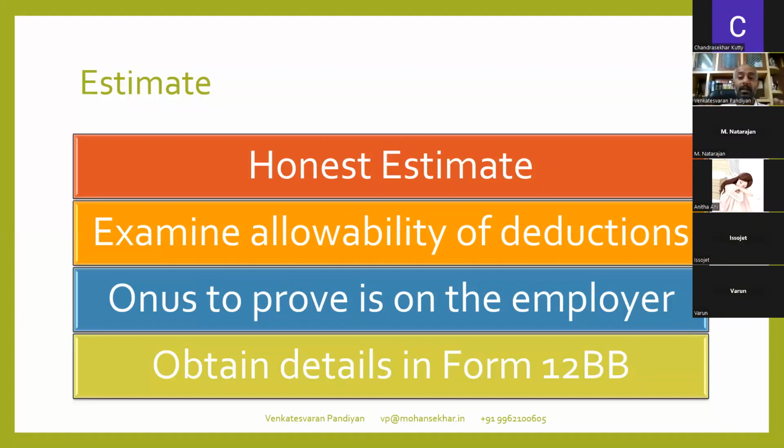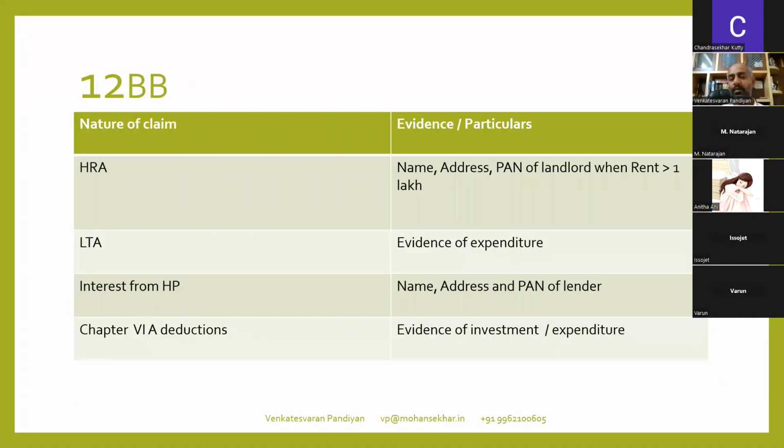And that is why the employer is expected to retain all these documents. He will not be filing them anyway unless he is called for. So retain all the proofs of the documents that the employee submits towards deduction. And to facilitate this there is Form 12BB, where the employer collects the information at the beginning of the year from the employees as to what all their deductions are. So we'll also look at the components of Form 12BB.